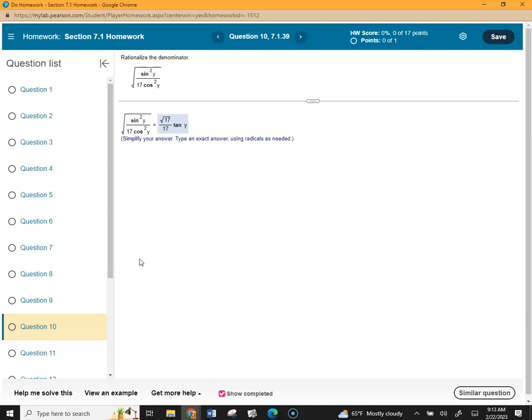All right, so we've got sine squared over 17 cosine squared, and it's all under a radical, and the directions say rationalize the radical. So the first thing,